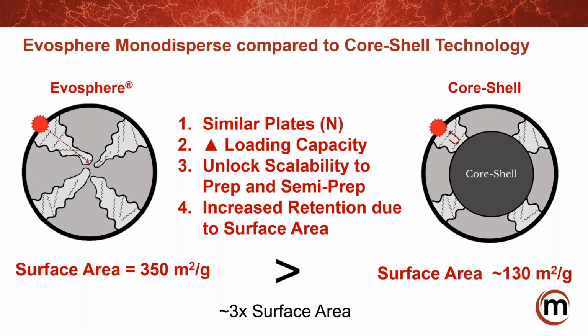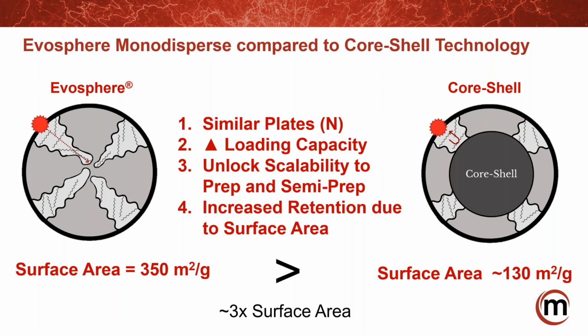That's pretty powerful, because now you can take methods even from medicinal and go to AR&D, or take AR&D methods and go back to medicinal. And there's a lot of different steps in between for getting our important medicines to market. So this unlocked power is really exciting. And then just increased retention due to the surface area. So having more interaction with the phase, having more surface area can be a real benefit,